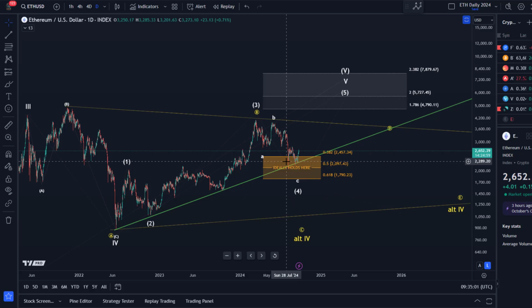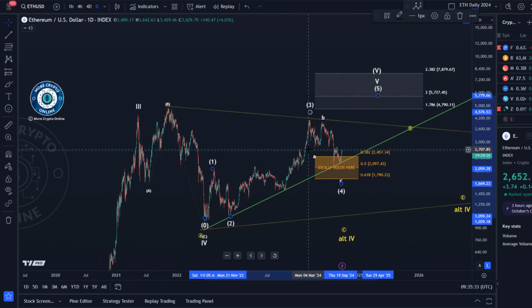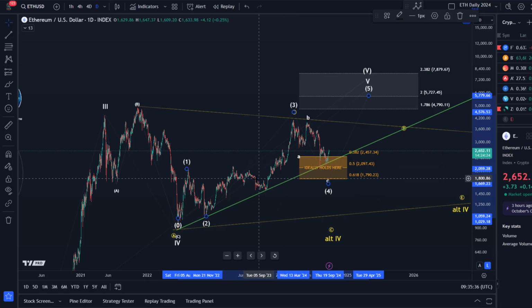So the trend line and Fibonacci support area for this white wave 4 that started in March, well, both of them held, right? They provided some support and we could now have started the fifth wave to the upside. It would be an ABC structure, this wave 5, because the third wave is an ABC and the wave 1 as well. Overall this is a pattern that looks quite weak.